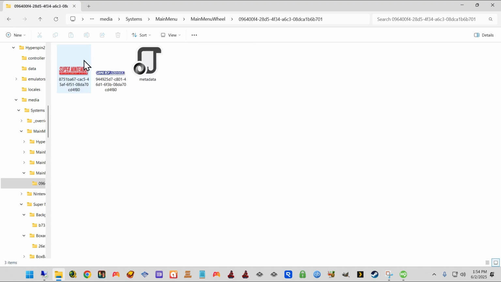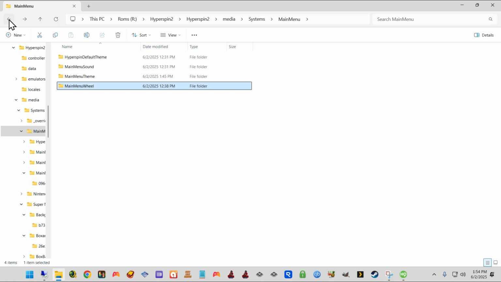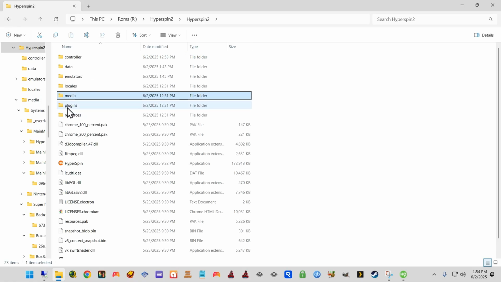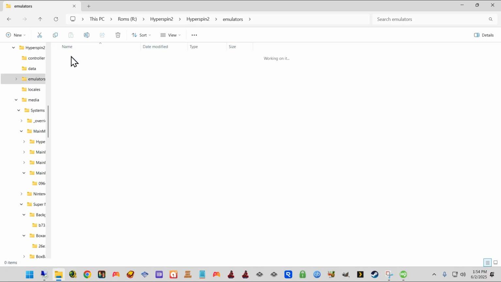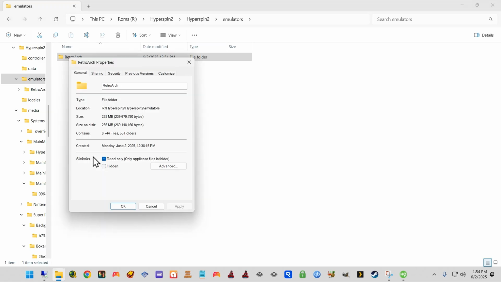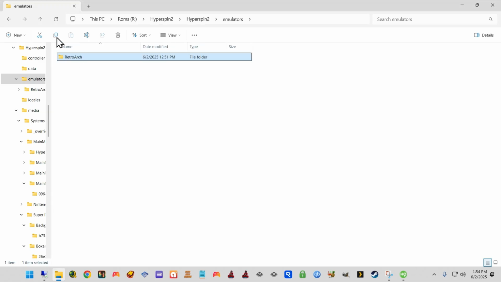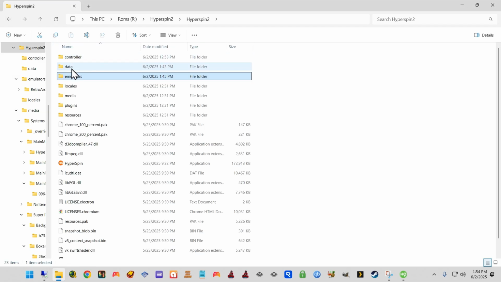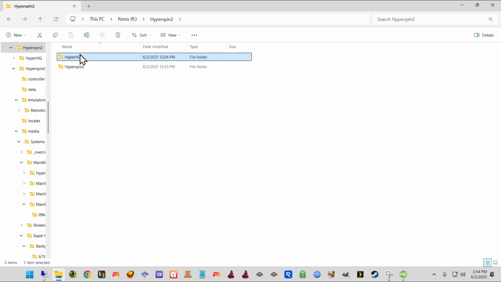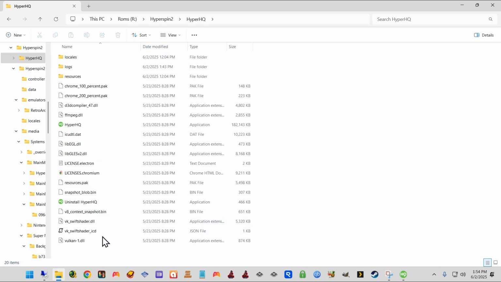Main menu wheel, so I've got my two consoles in there. Emulators, the only emulator in the system, RetroArch, is in there so far. Let's see what else we got. And I think that's pretty much it. Alright, so I'm going to go ahead and continue to mess around with this and